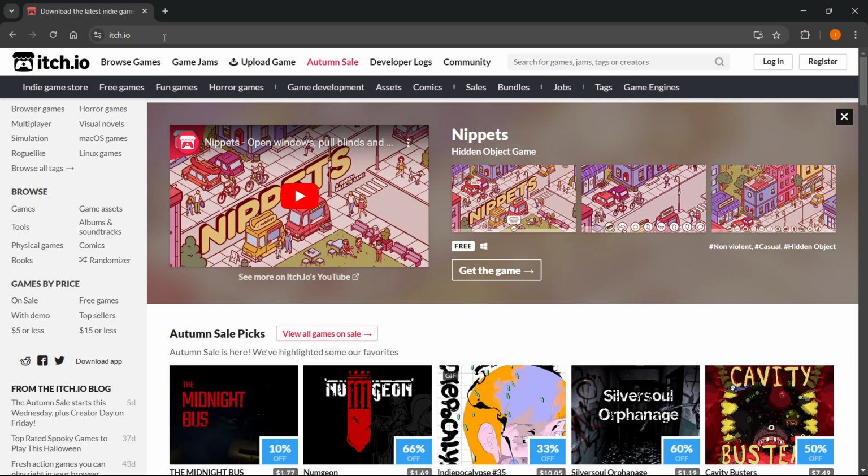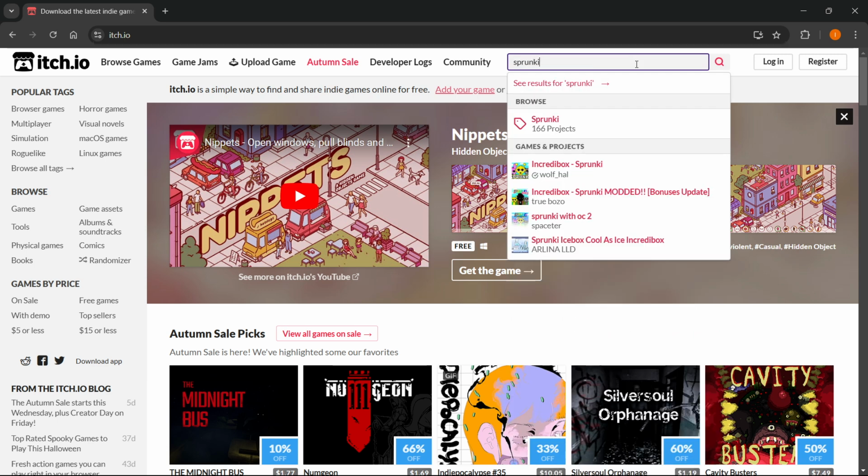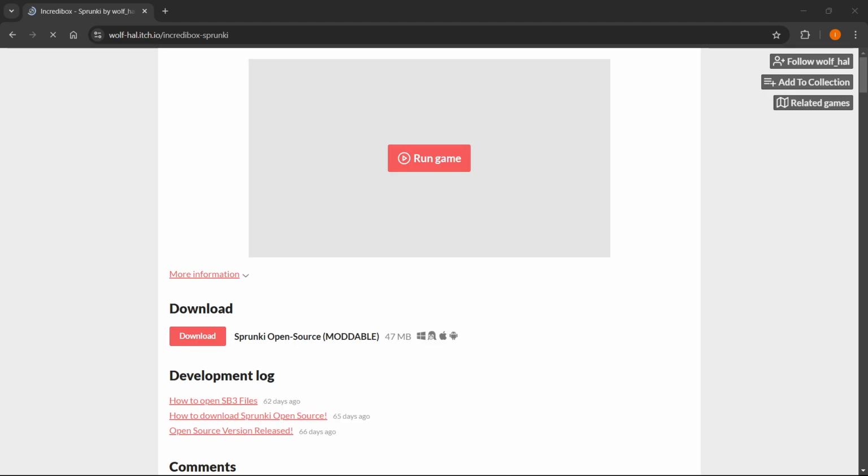So go to itch.io, and then in here at the very top where it says search for games, jams, tags, or creators, you want to type in SPRUNKI. There we go. And then what you want to do is click on this one, which is over here where it says Incredibox SPRUNKI from Wolf Hall. You want to click on this, and then once you open this website over here,